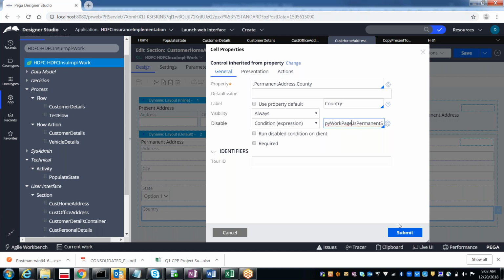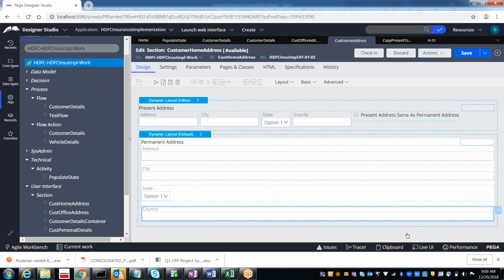Let me try all the ways. For the first one, I referred the property directly. For the city, I used the when rule. For the country, I'm using py work page. As I said, I'm trying to show you all the scenarios, all the ways for each and every feature. You can follow any method, whichever you are comfortable.